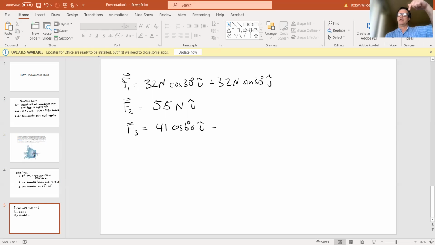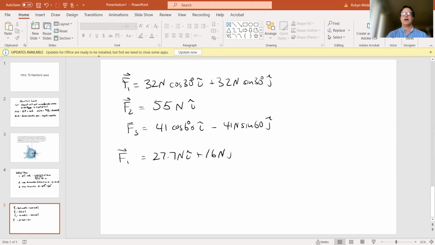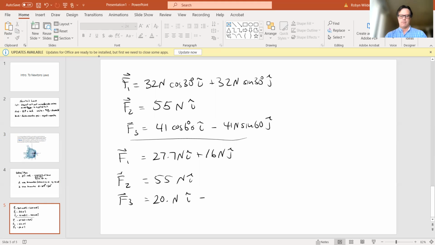...I hat, and then it had the downward y component of minus 41 newtons sine of 60 j hat. All right, so writing these all out, let me just put the numbers in. F1 is 27.7 newtons I hat plus 16 newtons j hat. So now I'm just using the calculator to calculate these numbers. F2 is still only 55 newtons I hat. And then F3 is the 20.5 newtons I hat, which is the 41 cosine of 60, minus 35.5 newtons